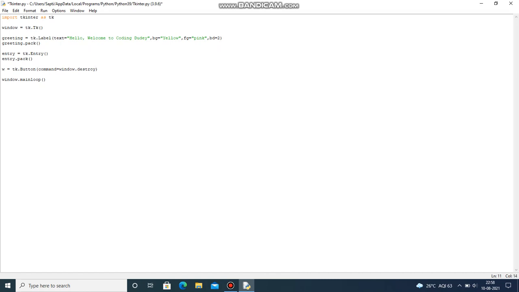And let's give a text here, text equal to close. So this is a close button with window.destroy, because window is my screen name.